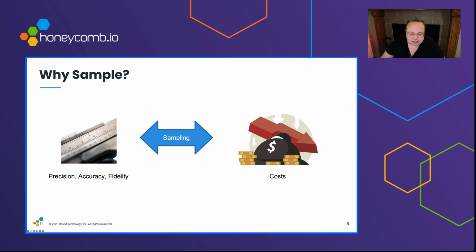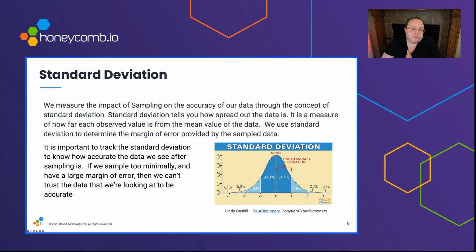It just gets expensive to have every bit of data. So we take some of it and use that to extrapolate data in order to save costs. But this does cause an issue. It does cause a loss of that accuracy. But we can measure that loss of accuracy. We can measure that via standard deviation and margin of error that is generated from that,